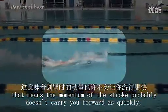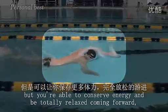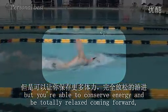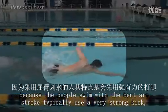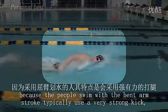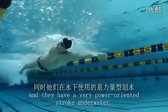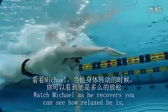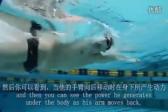That means the momentum of the stroke probably doesn't carry you forward as quickly, but you're able to conserve energy and be totally relaxed coming forward, and that's a big advantage because people who swim with a bent arm stroke typically use a very strong kick and they have a very power-oriented stroke underwater. Watch Michael as he recovers. You can see how relaxed he is, and then you can see the power he generates under the body as